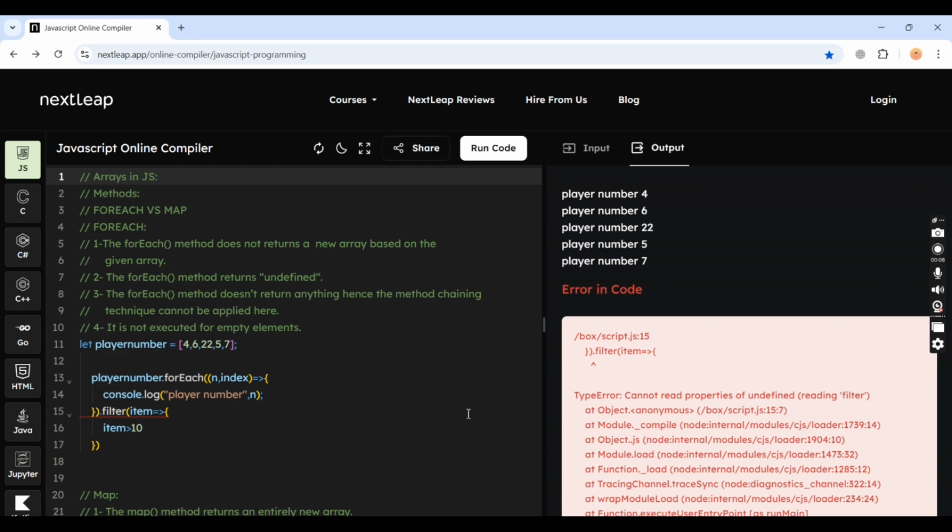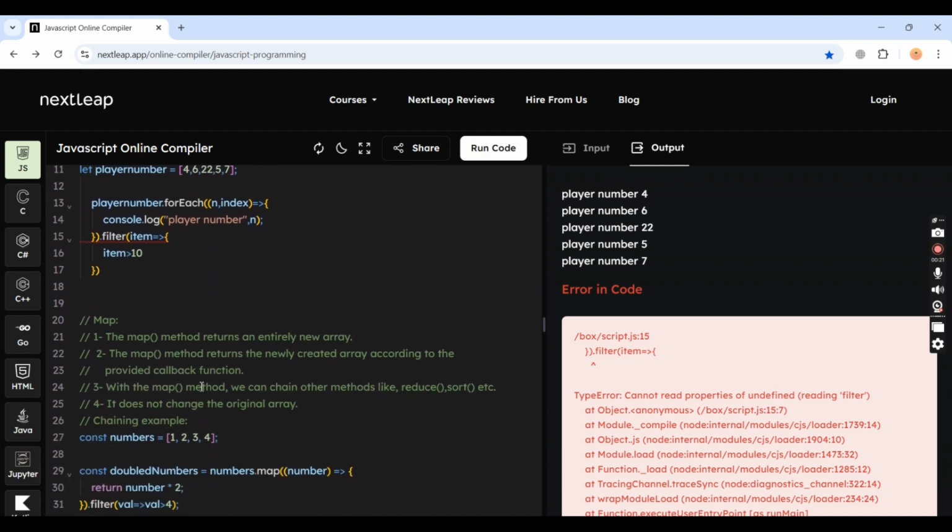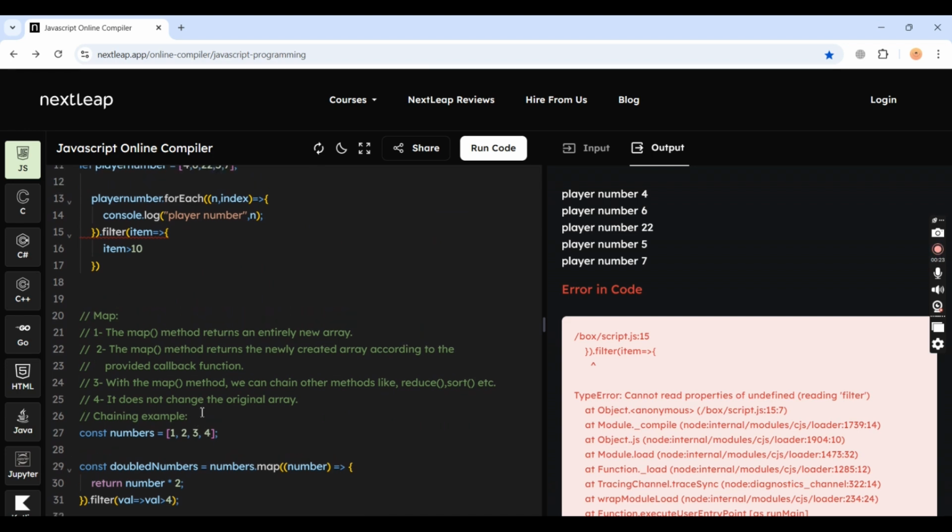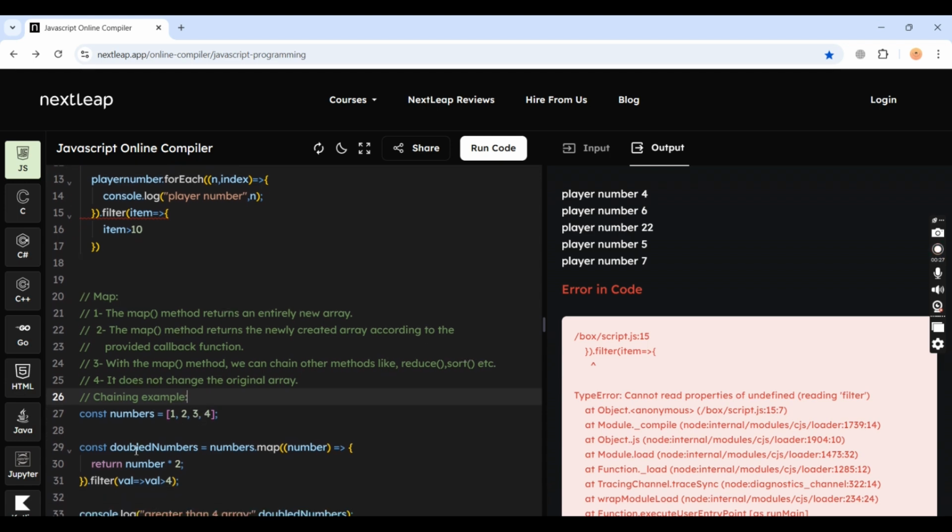Alright, cannot read properties of undefined, reading filter, because it is not allowing us to filter the items. Or simply we can say that chaining is not allowed in the forEach method. On the other hand, if we simply want to use the map method and print the numbers,